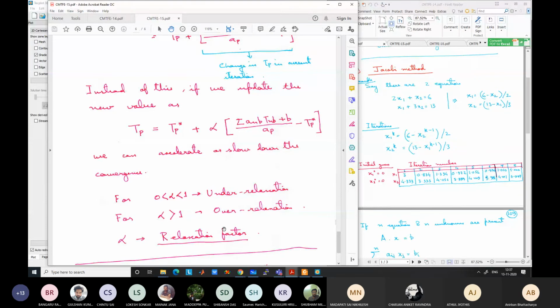Over relaxation can sometimes be used, typically for the Gauss-Seidel type of solution method. If you use over relaxation with the Gauss-Seidel method, there is a method called successive over relaxation or SOR, where you successively keep on using over relaxation with the Gauss-Seidel method. So you might have heard of SOR or the successive over relaxation method. We will not go into the details, but it is the same as the Gauss-Seidel method, but with over relaxation, to speed up the rate of convergence.